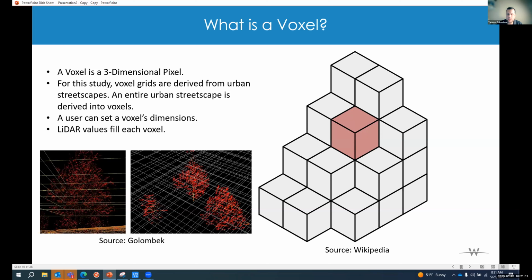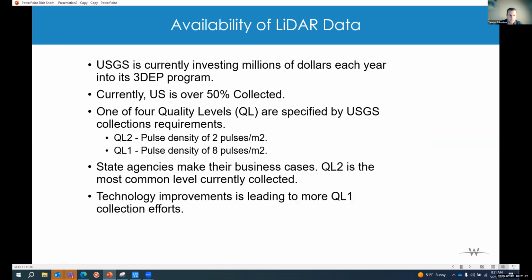And once the data is in there, you have something that is quantitative that can be measured. So I'll go into a little bit about the availability of LiDAR data. And the focus of what I'm talking about here is more the mobile side of things. But before we got to the mobile side of things, it was important for us to really evaluate what data